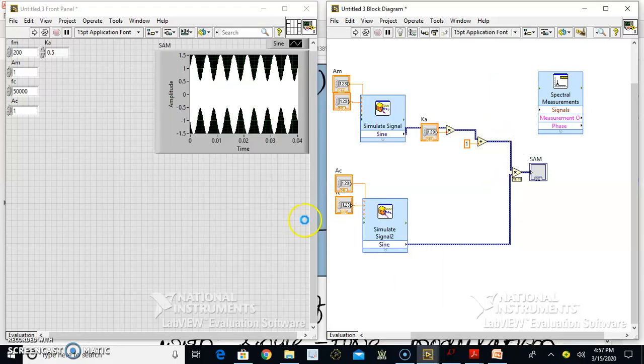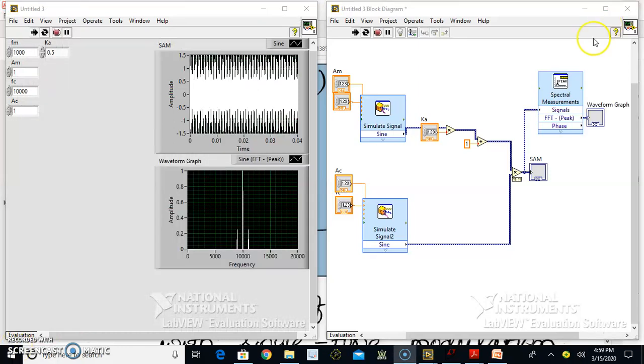Let us connect this. Here we have placed the spectrum measurement. Input is given from the standard AM signal, and we are seeing the waveform graph. Here this is the spectral we are looking for. You can see the carrier frequency is at 10 kilohertz, the message signal is at 1 kilohertz. We have three delta functions, one at 10 kilohertz, one at 9 kilohertz, and the other at